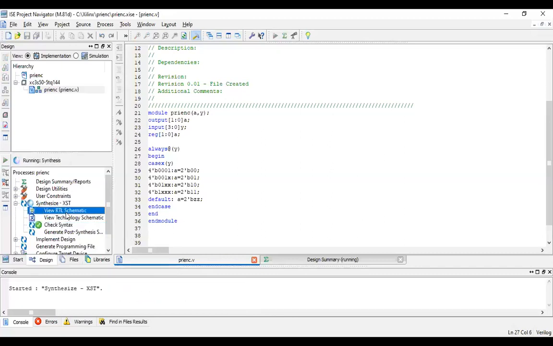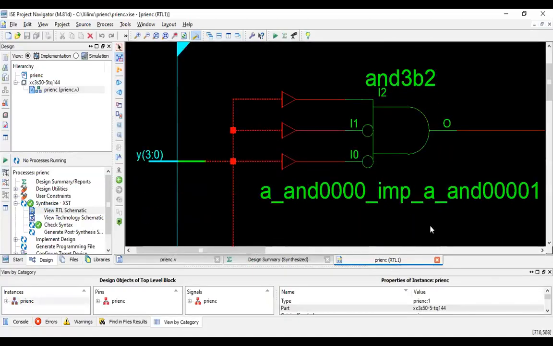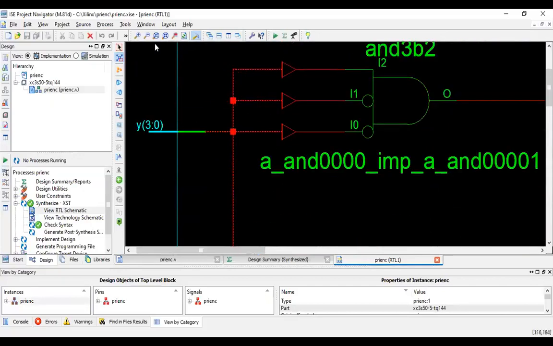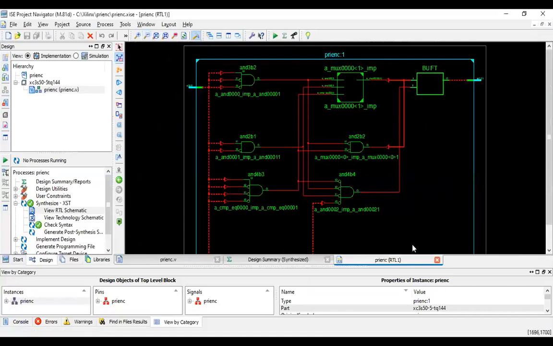Okay, then RTL schematic. Let us generate the RTL schematic for the priority encoder. For the 4:2 priority encoder, I've got this black box diagram, and this another diagram. It involves multiplexers and all. As of now, this is not required for us, which is not there in our syllabus. So we'll stop analyzing this and we'll write the test bench.